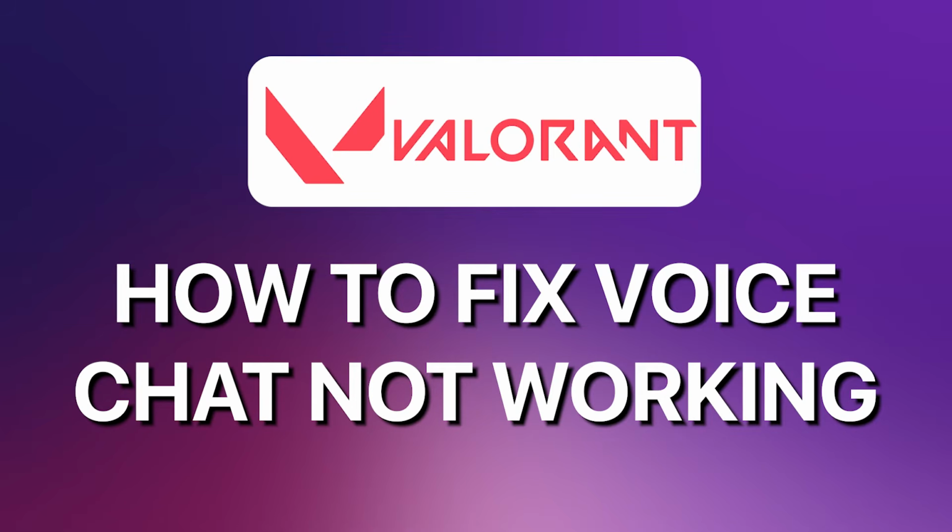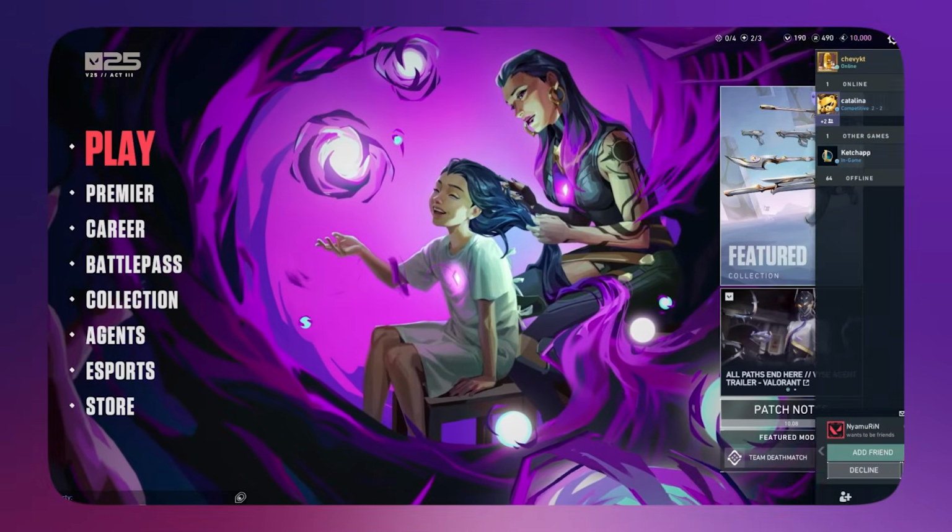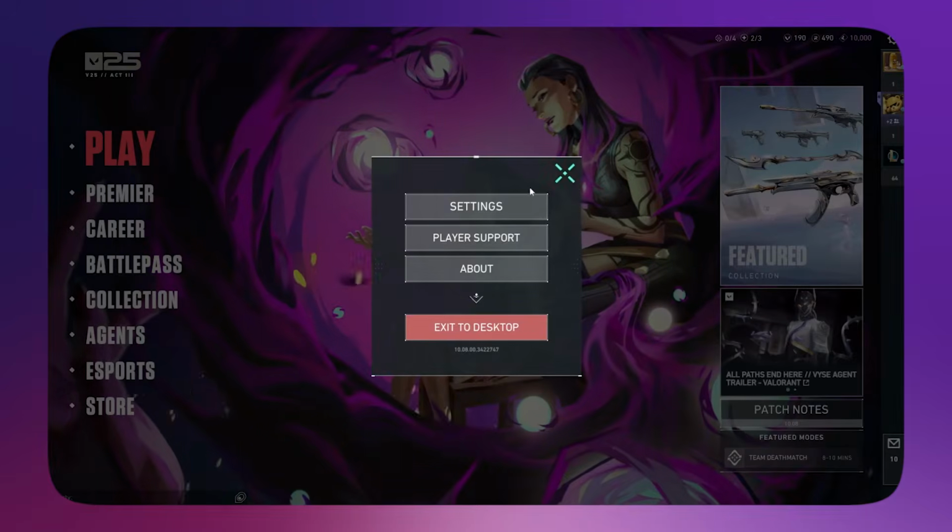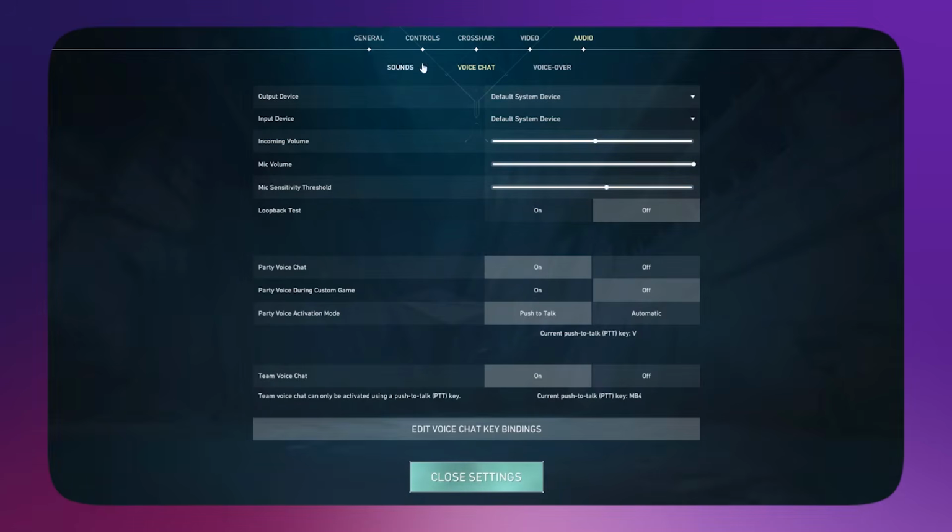How to fix voice chat not working in Valorant. So first, what you want to do is go to your settings right here on the top right, then go to audio. And once you're here, make sure that incoming volume is set to 50% and up, your mic volume